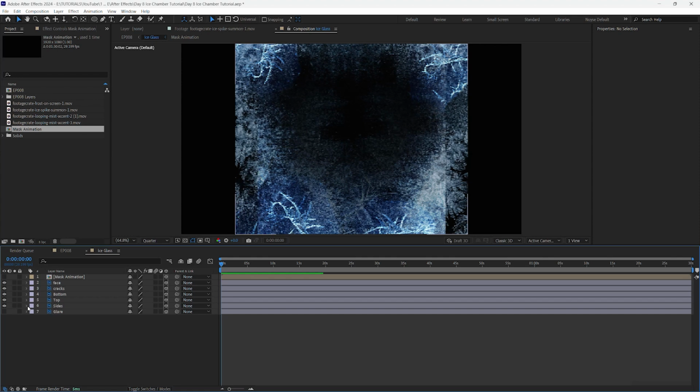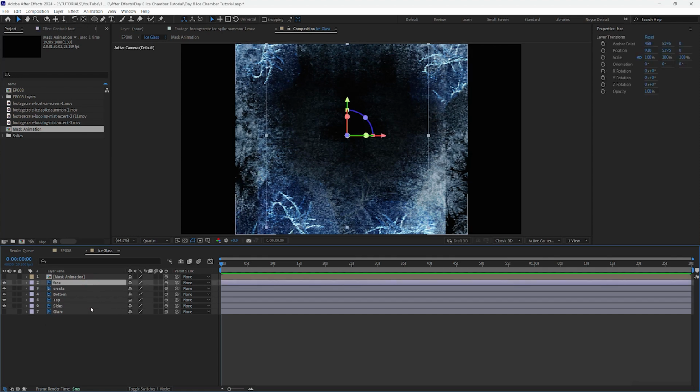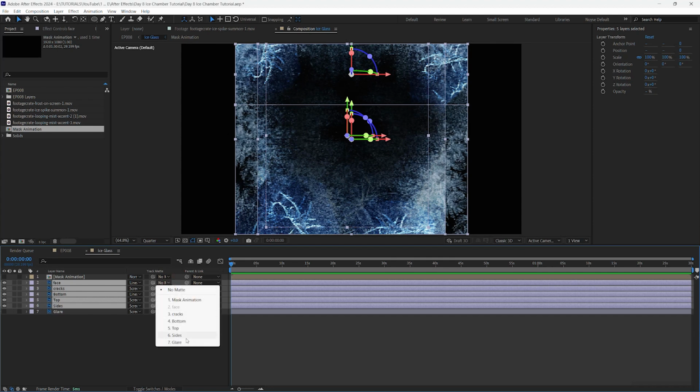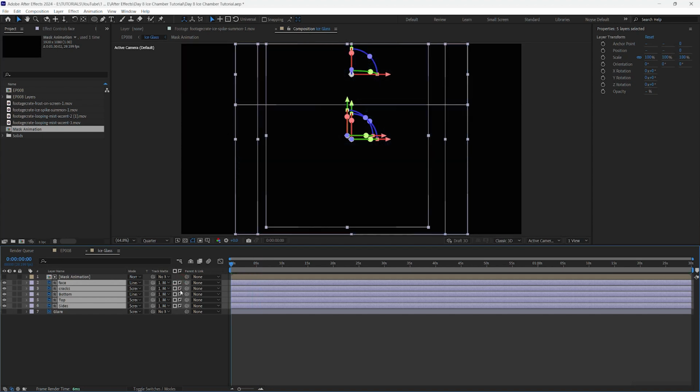And disable this. And select all that. Let's change the track matte to the mask animation. And let's do to that one. So whatever's white, it'll